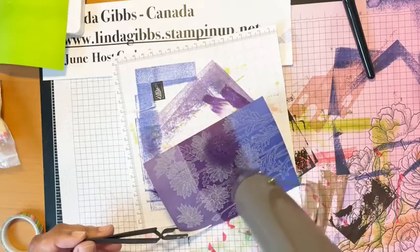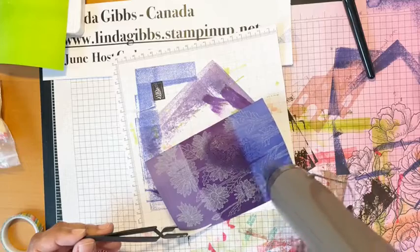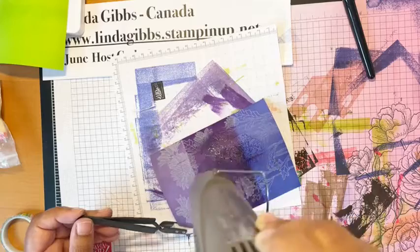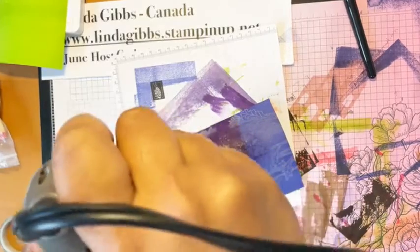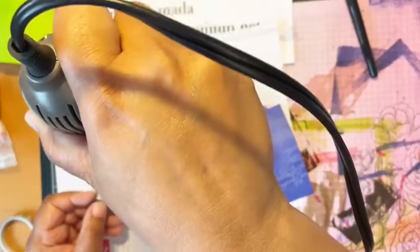I did do one of these where I realized the powder was set, but it wasn't as set as I thought it was, because it did come off when I did the ink lift. So make sure that